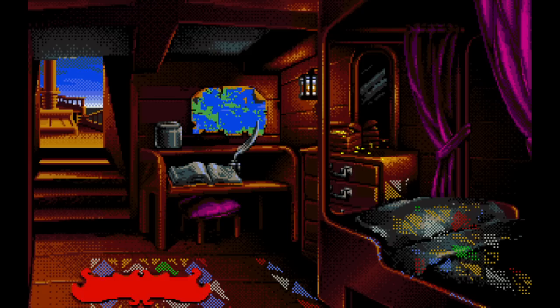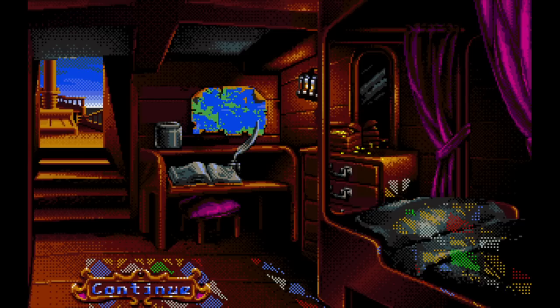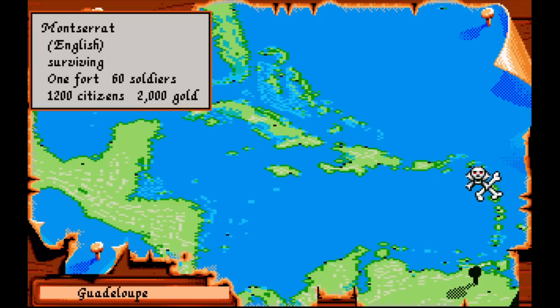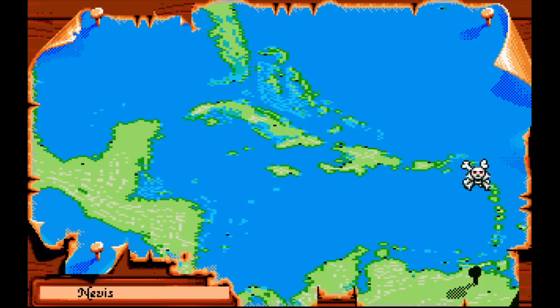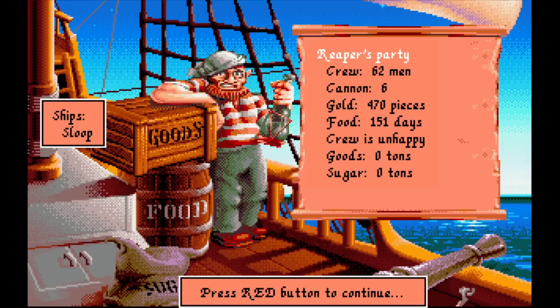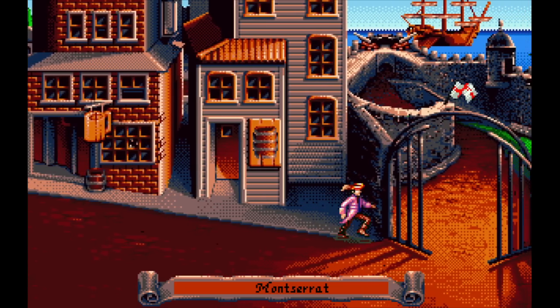If I go look at the map, though... Oh yeah, there's loading times. Huh. That was odd. We're not gonna worry about it. Montserrat has the fort. We don't have any info. Antigua does not have a fort. Nevis, we have no info on. How many soldiers? How many sailors do I have? I should say, not soldiers. 62. Alright. We do have skill at fencing, so we can take on fights that are...